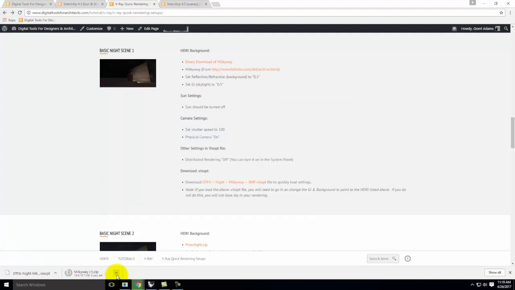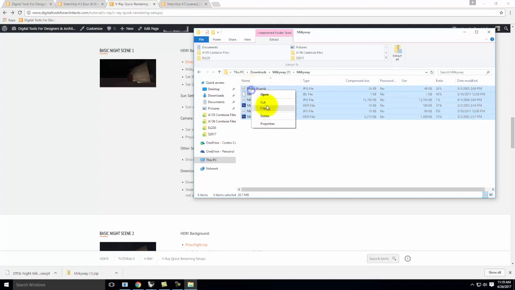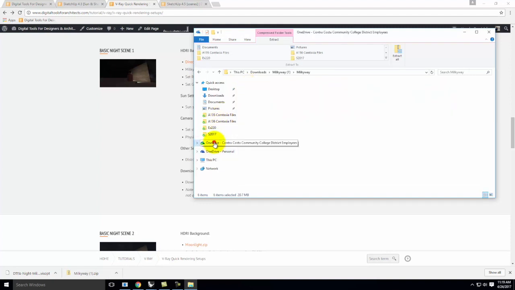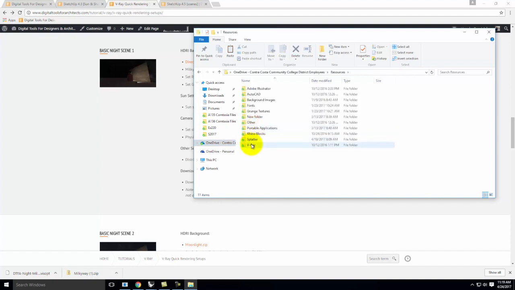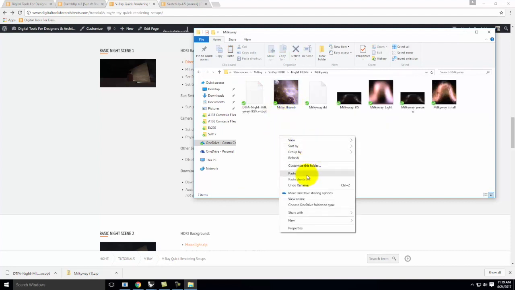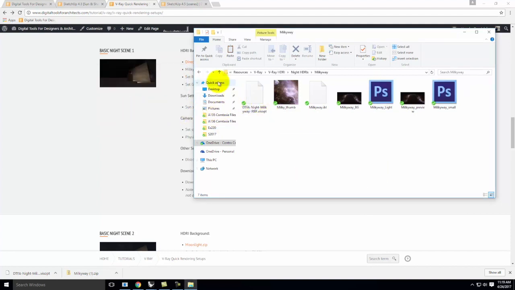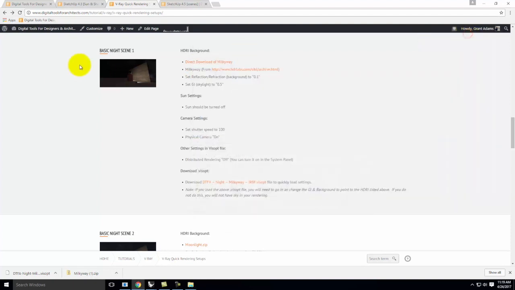And I need to make sure that the HDRIs are there too. Almost done. Let me go ahead and take these, copy them, same place. I think I already had them, but just in case. There we go. So I have all of those in my folder, and I'm going to use this basic night